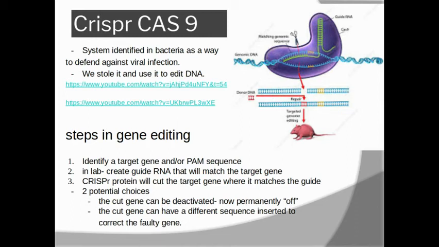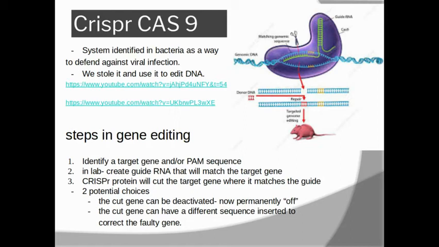I have to target certain cells. And this is one of the challenges that scientists have been trying to overcome. It's the targeting that's the hardest part. You have to find a way to get that CRISPR-Cas9 system into the cells that need it to fix the